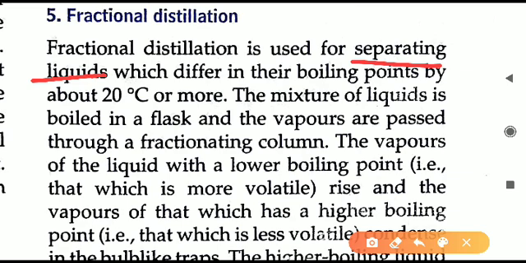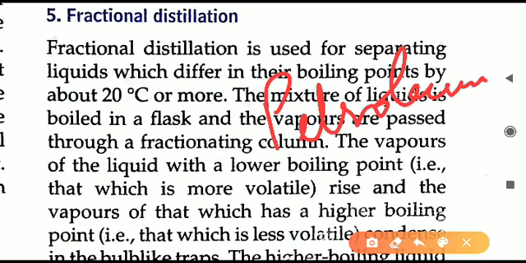But if two liquids are mixed together, how will we separate them? For example, oil and water are present. Just a simple example I have taken. How will we separate them? We can use fractional distillation. It is commonly used in petroleum industries. Petroleum products are all mixed together below the earth. They are present together in a combined manner. They are called petroleum only, or crude oil. From the crude oil, a refining process is done, and we get different products like petrol, diesel, kerosene, and many more things are obtained.